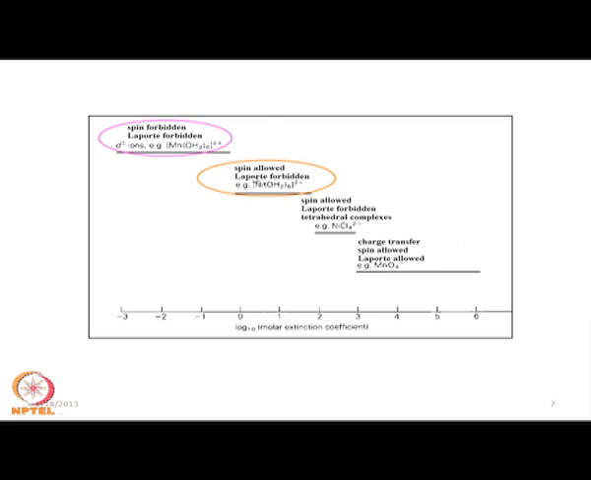Similarly, we get the other case where both of them are allowed. Here both of them are forbidden, here one is allowed, but in the case of the tetrahedral nickel complex, which is NiCl4 2-,